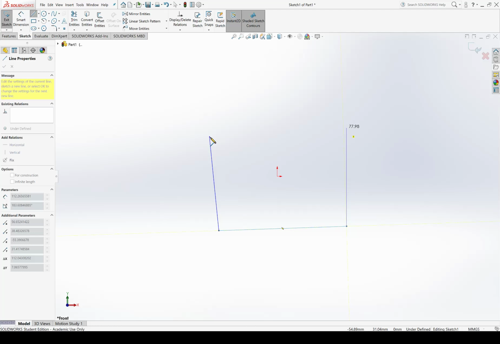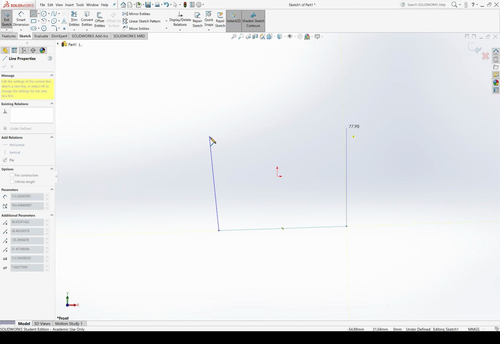You'll notice that as I'm dragging my cursor through space, there are little numbers that are appearing. That gives me an indication as to how long the line is that I'm creating. Don't worry too much about trying to hit those dimensions exactly. We can define the dimensions of things after we create our line. Furthermore, you'll notice that my square is terrible. The sides are nowhere near perpendicular. Again, I can define that after I create the rough shape.